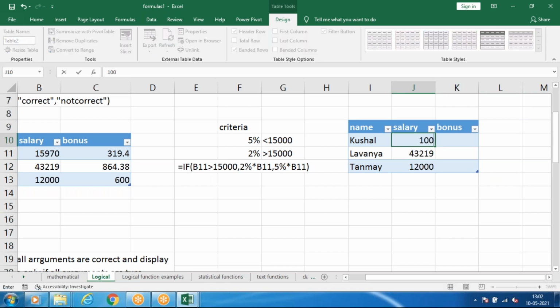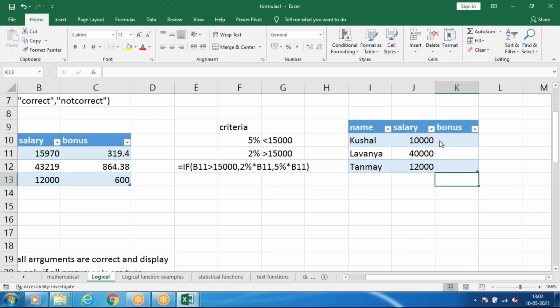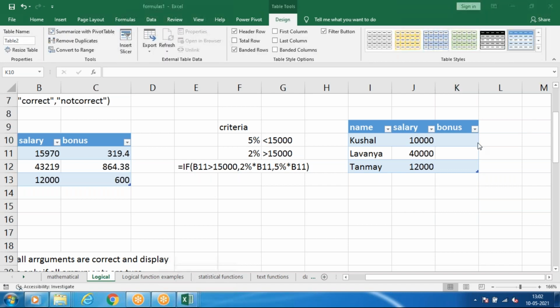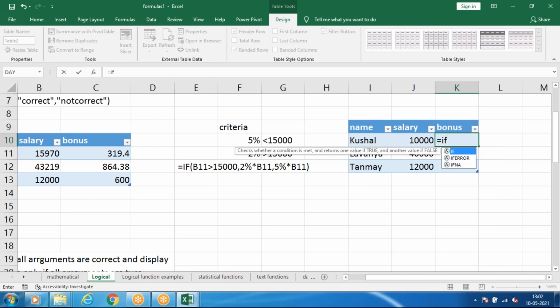So Kushal is getting a salary of 10,040. We'll round off the number so you can understand easily. So equals IF, tab. The logical test we have to give is, if this cell